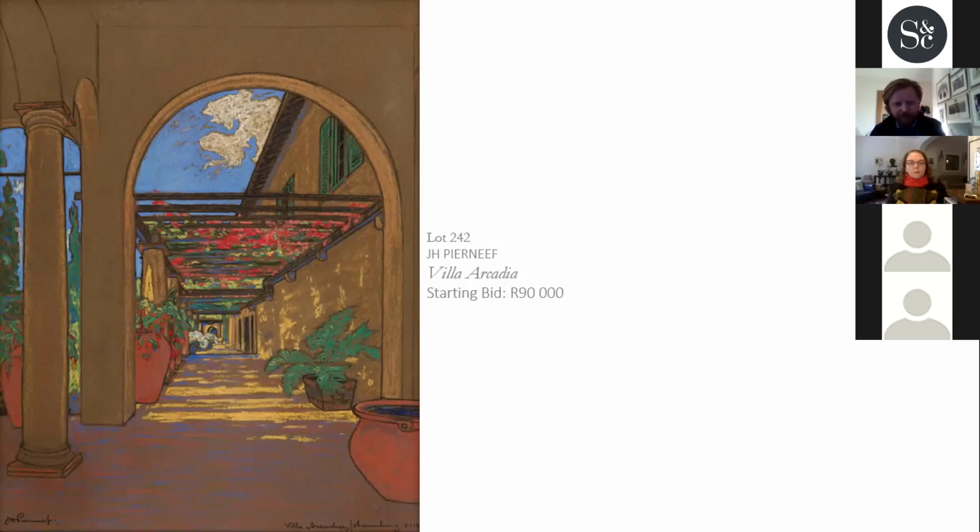And if you go visit Vergelegen now, what you see there is very much down to the wealth and cultural historic eye and detail that Lady Phillips in particular was so famed for. Anyway, this work is by J.H. Pierneef, of course, and it was painted on the 2nd day of January 1918. So the Phillipses had just bought Vergelegen, and potentially when the long process of moving from Johannesburg